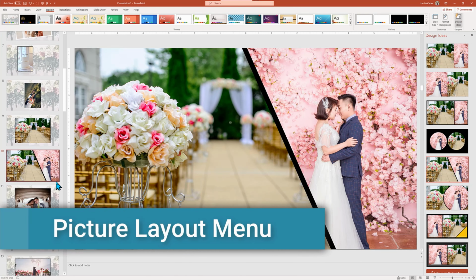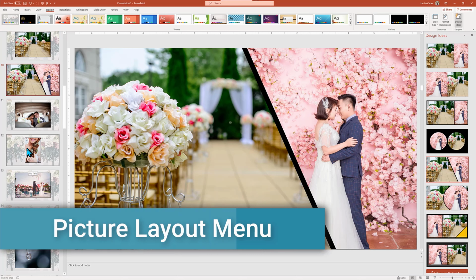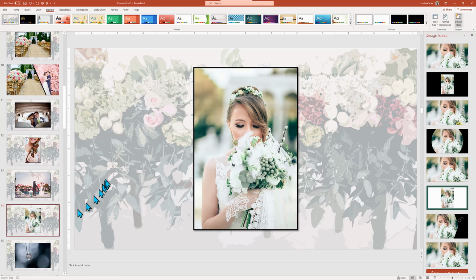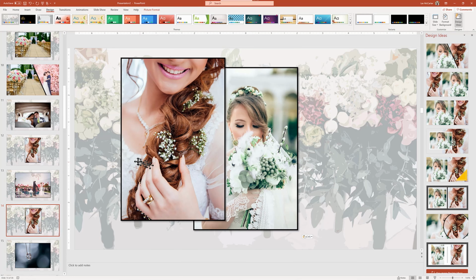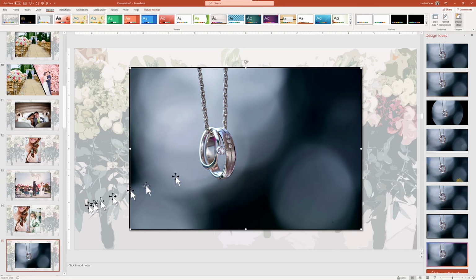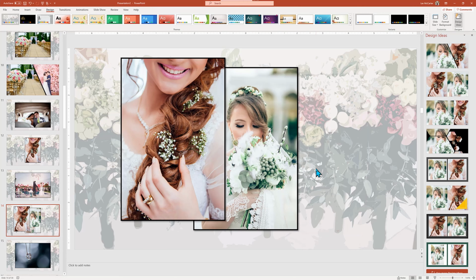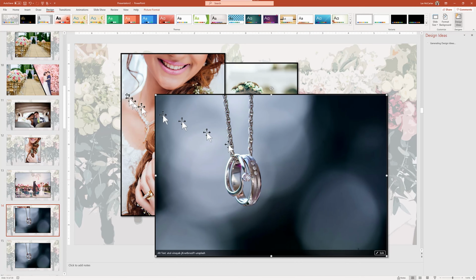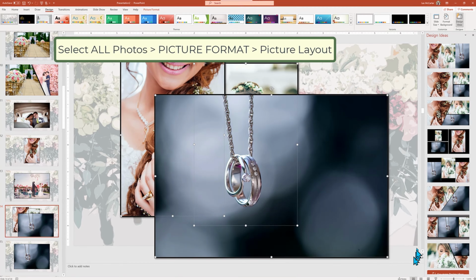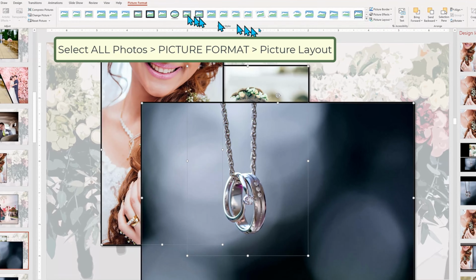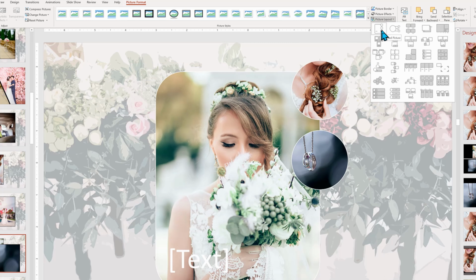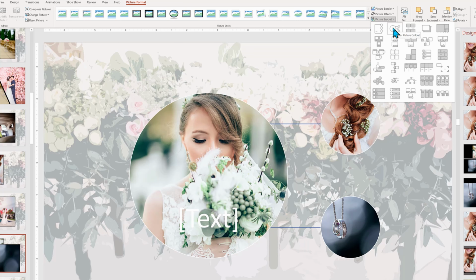If you don't have Design Ideas, or you want to use another tool, here's one that goes back to at least PowerPoint 2010. Picture Layout SmartArt. Let me copy 2 images to a page so that we have 3 pictures to artistically design. With all 3 photos on the page, I'm going to drag my mouse over to lasso select all 3 images, and then I'm going to go to Picture Format and Picture Layout. Here, I can hover my mouse over the various layouts to audition the look, and then select what I like.